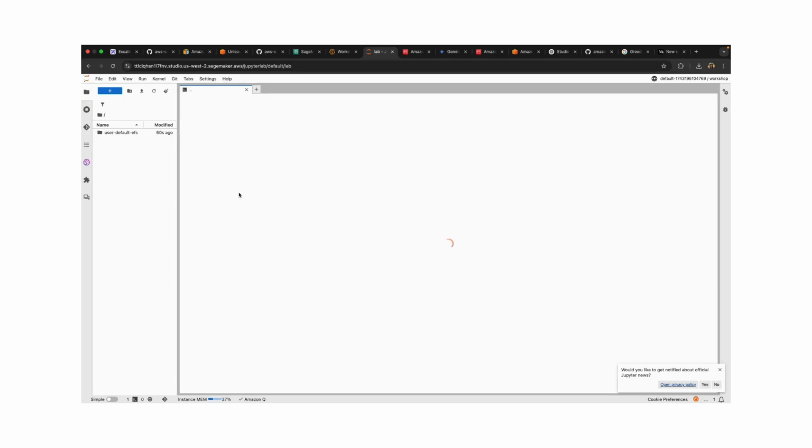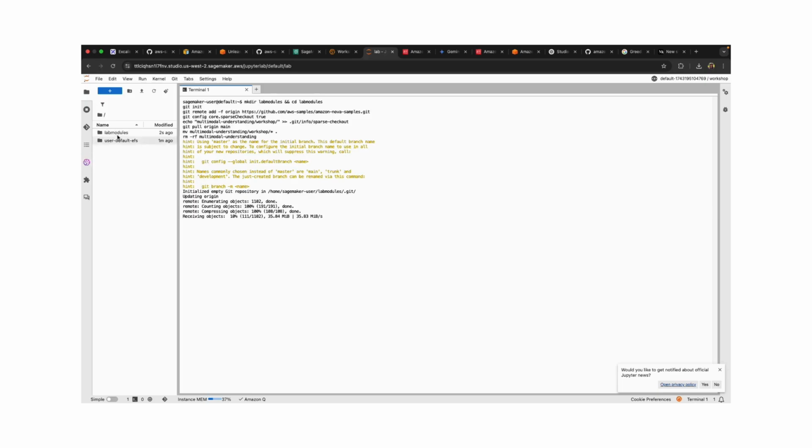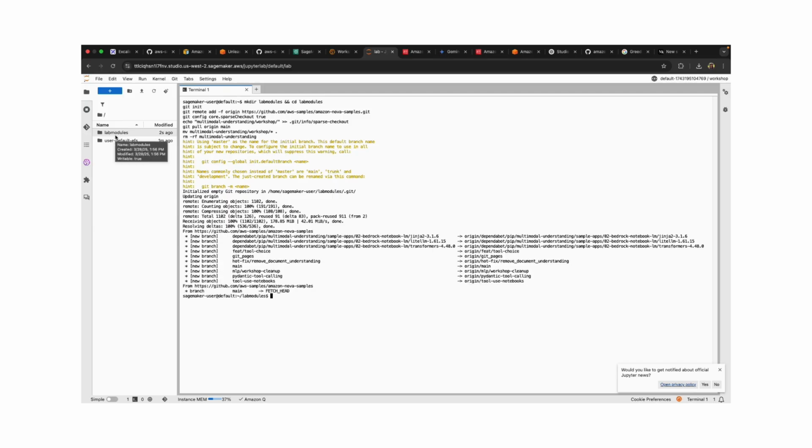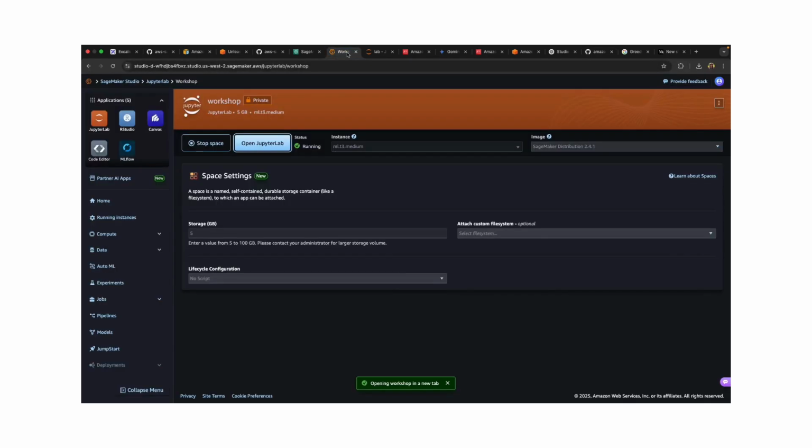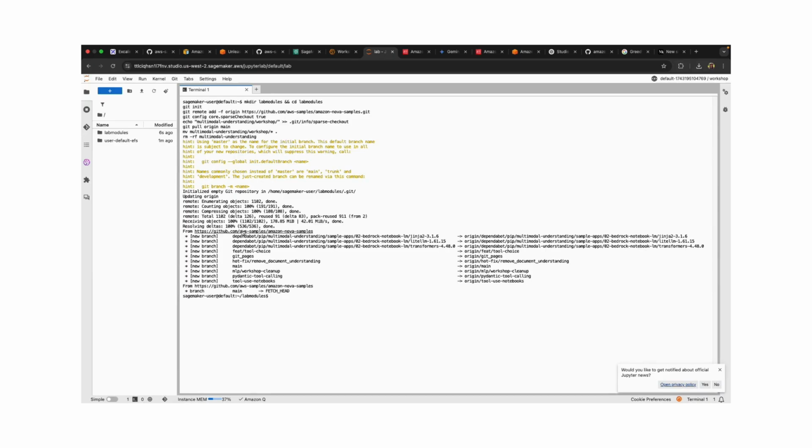Go to terminal, paste the stuff, and it is going to create all those notebooks for you. It's going to basically pull it from GitHub. This is the GitHub repo from which it is getting all those downloads. So yeah, the lab modules are here now.